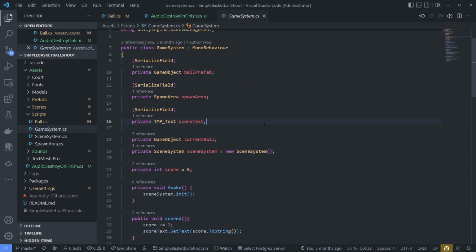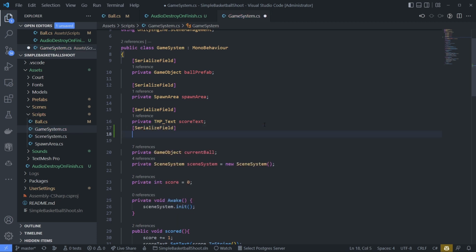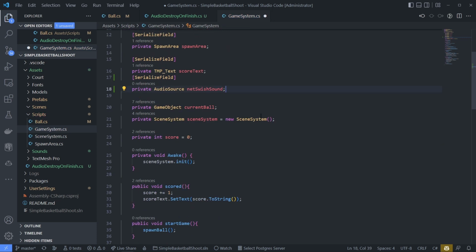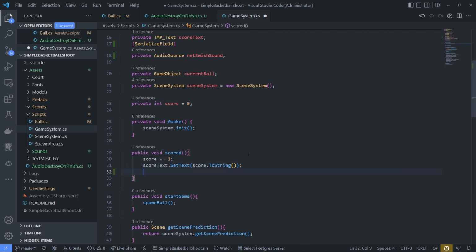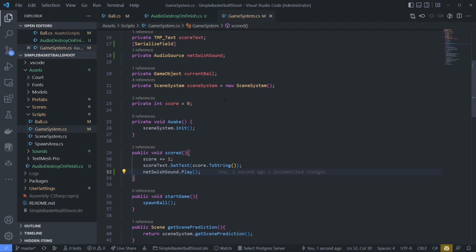Let's add a new variable, serialize field, private audio source, net Swiss sound. And on score, we can just play it. Play. Just like that.